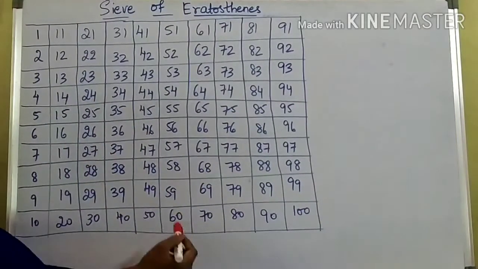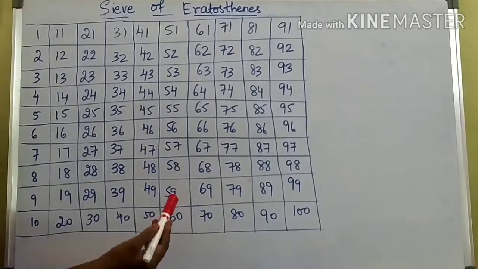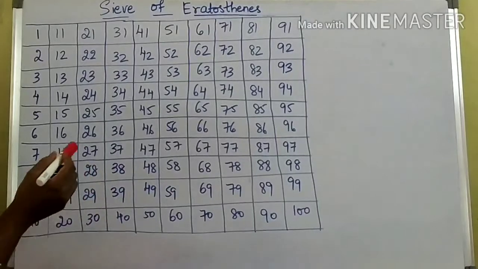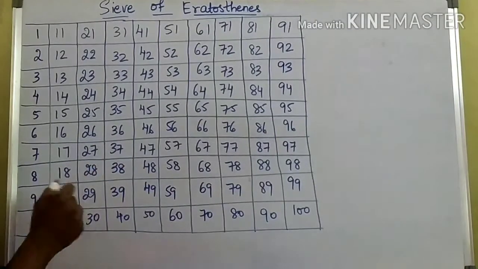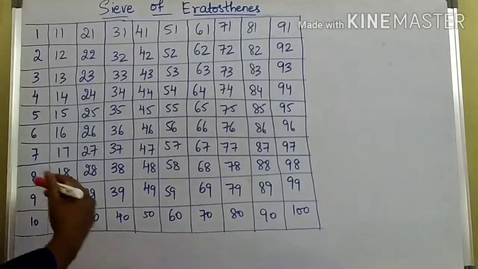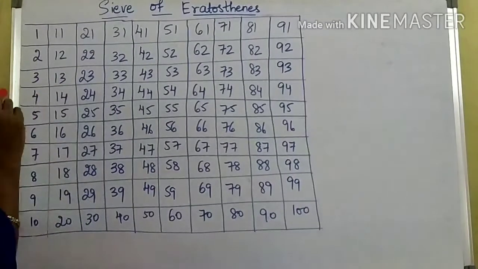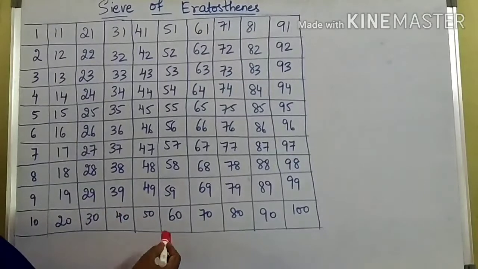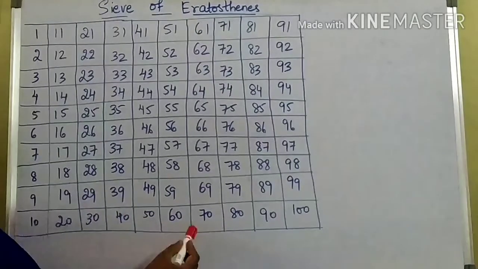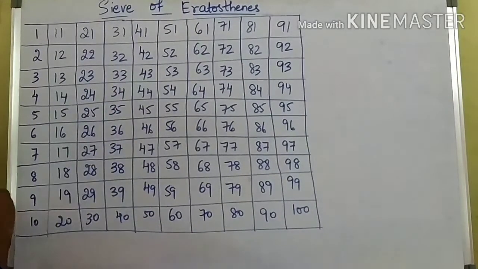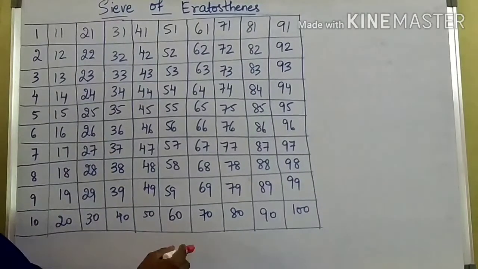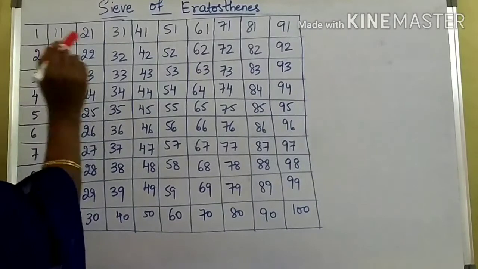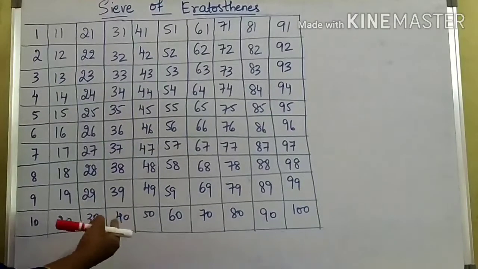So, without actually checking the factors of a number. In the previous video, I explained that using the factors, we divide the numbers into prime, composite and co-prime numbers. Without actually checking the factors of a number, we can find prime numbers from 1 to 100 with an easy method given by Eratosthenes. He was a Greek mathematician in the 3rd century BC. So let us see the method.